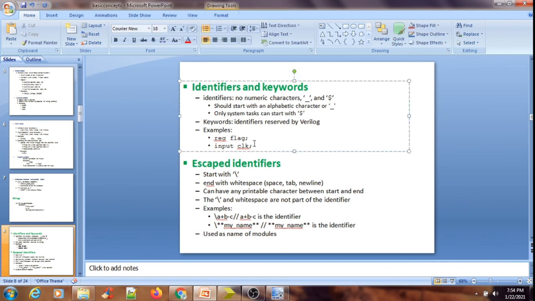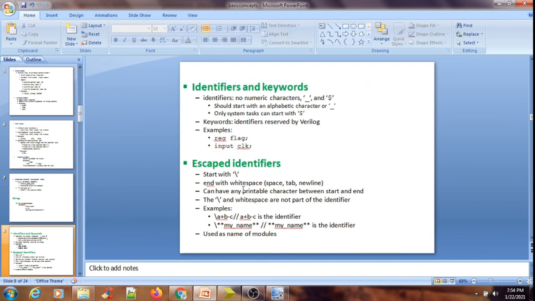Now we do have escaped identifiers. You might be familiar with the escape sequences in the C language, like new line, tab, or backspace, which use a backslash. You might know it better than me, but we will just revise the concept again.